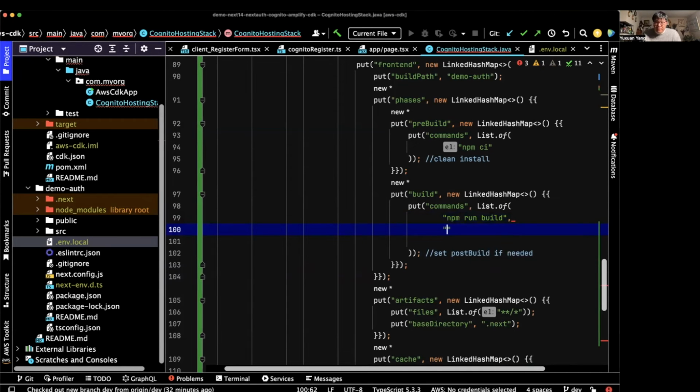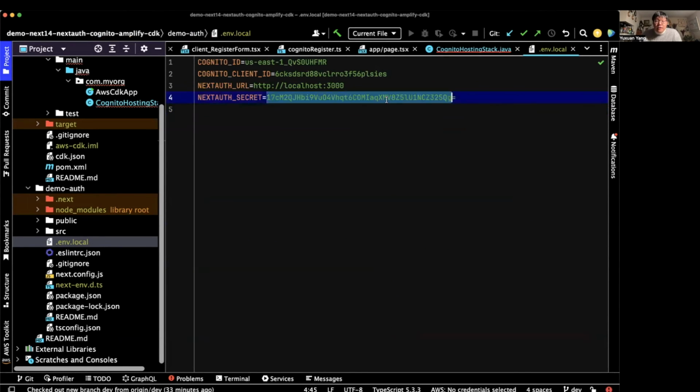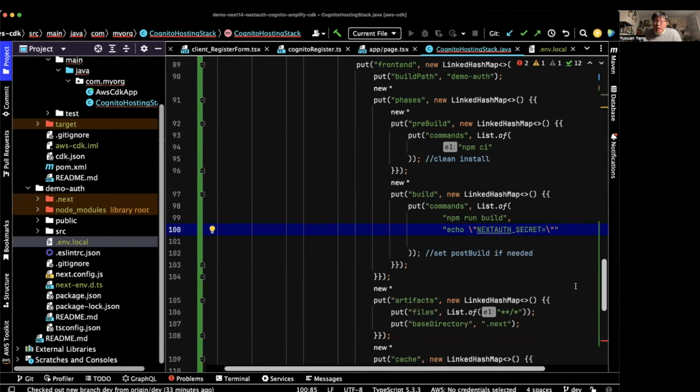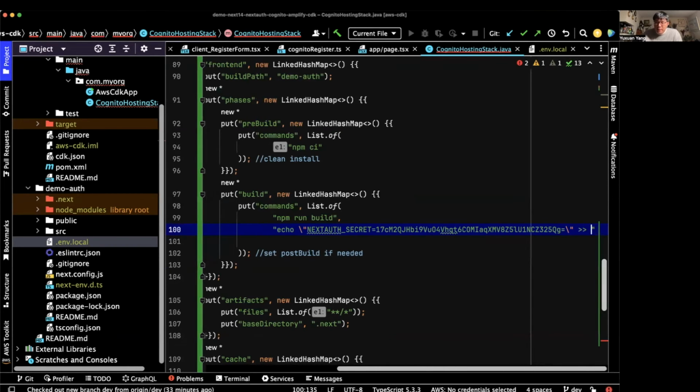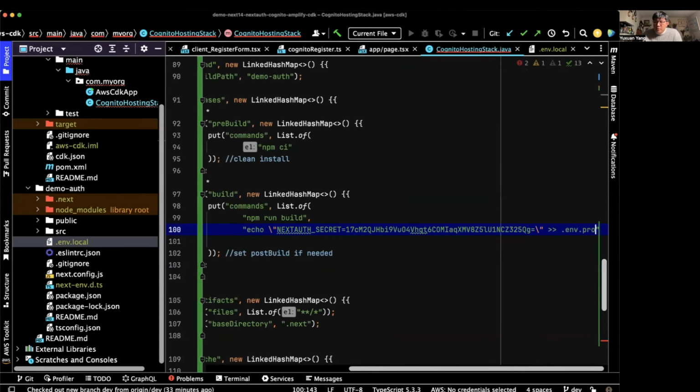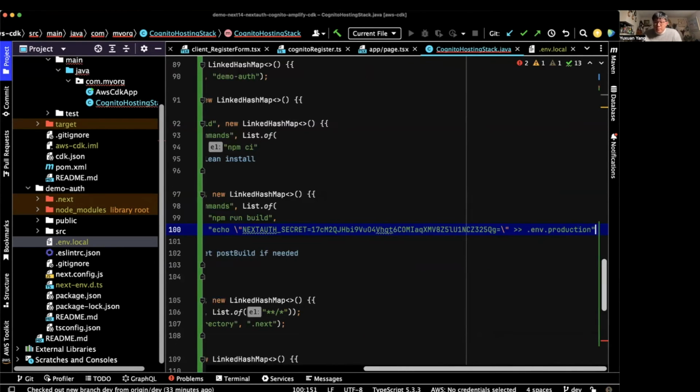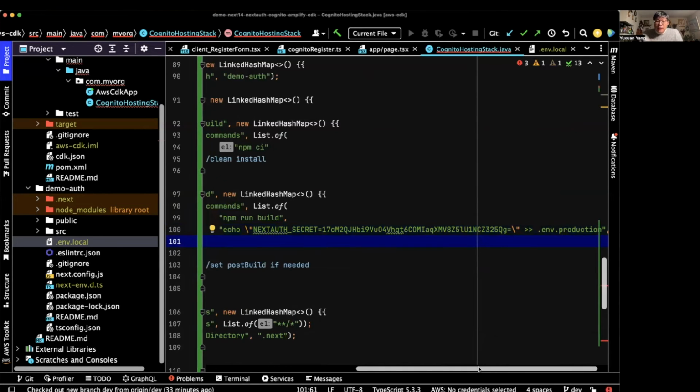We provide the first value we're going to do is echo, say Next-Auth secret. We copy our environment value into the secret value. Don't forget the equal mark. And we're going to provide that into our production environment. And similar things,